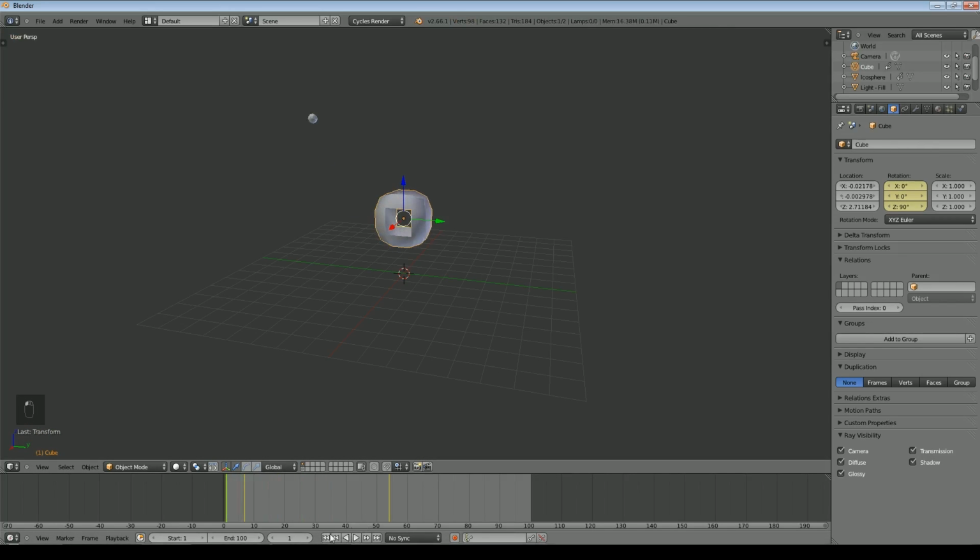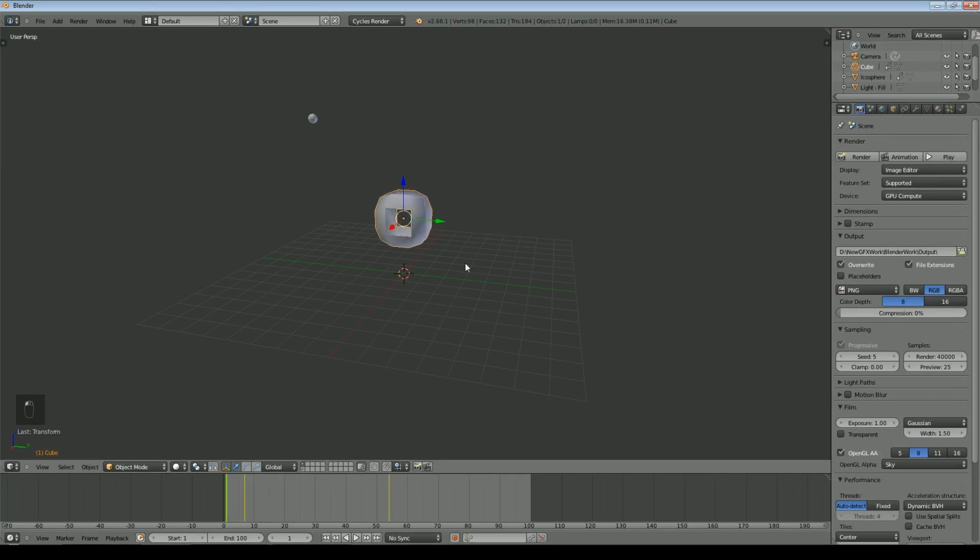You have a number of options here. Obviously I'm not going to go into the rendering itself here. Cycles is my preferred and was certainly designed for making this sort of thing, but you can use Blender Render just as easily. It's whatever you would normally have used for a simple render, but now you use the animation option. But obviously you do need to set where it's going to output it, so you need to set the output location here, and then you need to determine what format it's going to output it in.